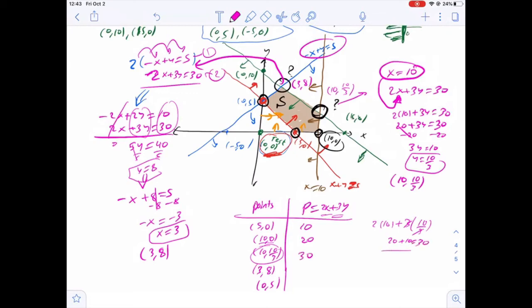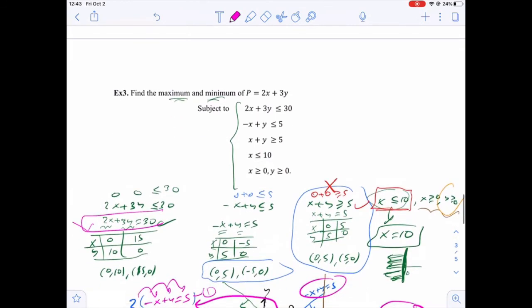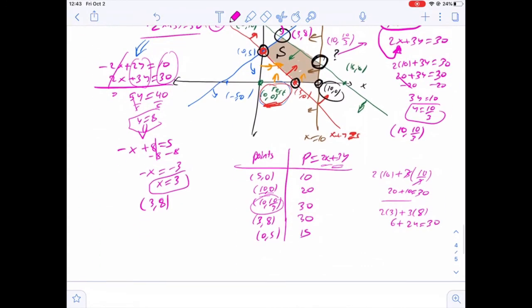Now we plug in (3, 8). We have 2 times 3 plus 3 times 8. This is 6 plus 24, which is equal to 30. And then (0, 5), that is 15. We want to find the maximum, I mean maximize. This is the max. And we want to minimize, this is the minimum. So the minimum occurs at the point (5, 0), and the maximum occurs